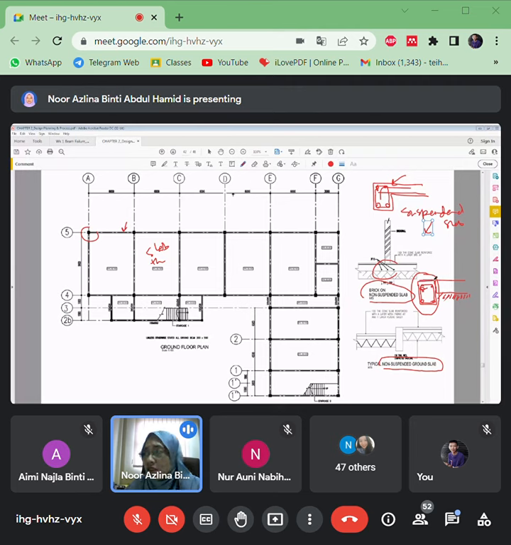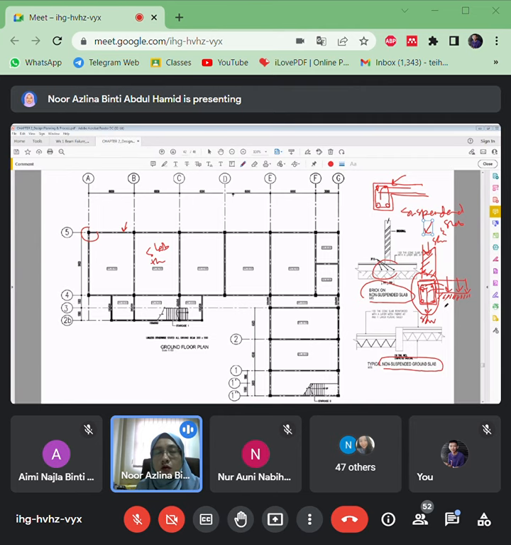Let's say there is brick on top of it. Okay, there is brick. So the loading is from the beam self weight and also the self weight from the brick. The slab is not connected, not attached to the beam. So the load is transferred to this soil here. Okay, so you have to be careful, either that beam supports the slab or that beam does not support the slab.